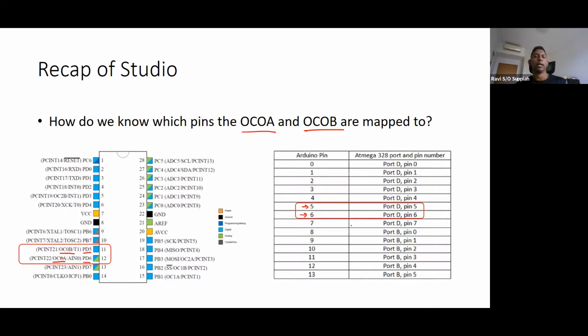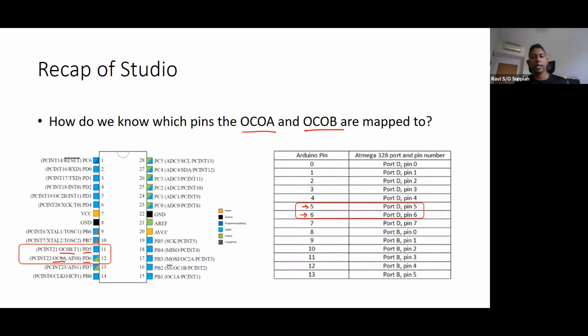That means first, your peripheral output, which timer are you using? And then from that timer, where is it mapped to in terms of the port pins? And those port pins, how are they mapped to in terms of the Arduino pin? And then you know exactly where to tap from. That is why we're using pin 5 and pin 6. So this mapping cannot be changed, correct?